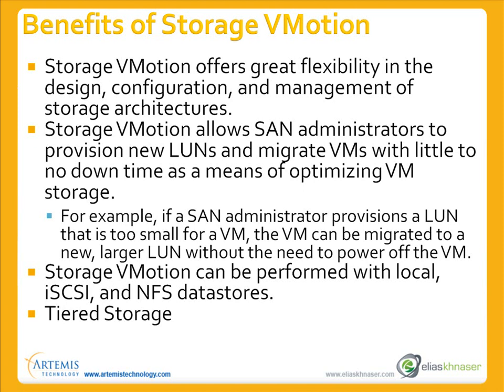The same thing if you add a virtual machine and all of a sudden you're noticing that this virtual machine can probably exist on tier 2 storage and it will perform just as well. What you can do is take storage vMotion, take that virtual machine down to tier 2 storage, and then if it doesn't work properly, take it up, or if it's still performing good, you can take it down a notch. So it allows you to do dynamic load balancing. Well, it's not so much dynamic, there's still a manual process in it, but since I said dynamic,